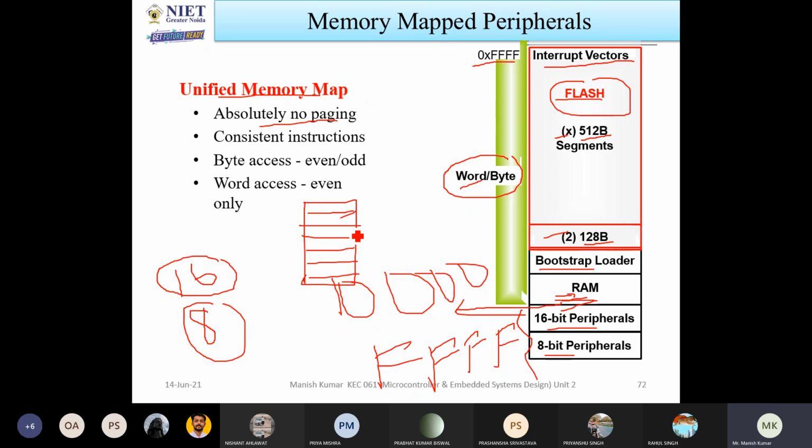And what is memory paging? In computer operating systems, memory paging is a memory management scheme by which a computer stores and retrieves data from secondary storage for use in memory. All of you know that when you design a system, there are two types of memory: one is called primary memory, also called main memory, and another is called secondary memory. If you want to transfer data, you can either store the data or retrieve the data from there.